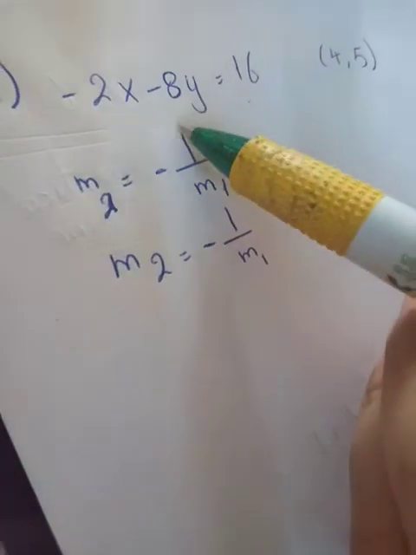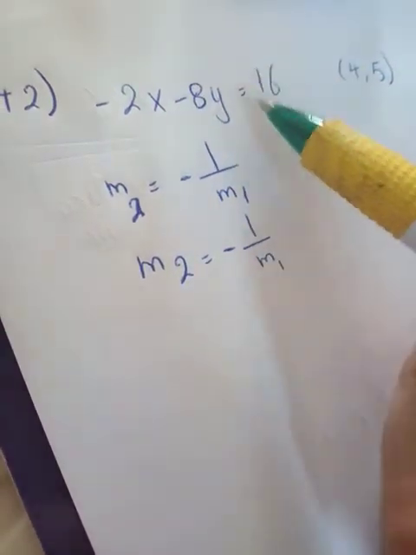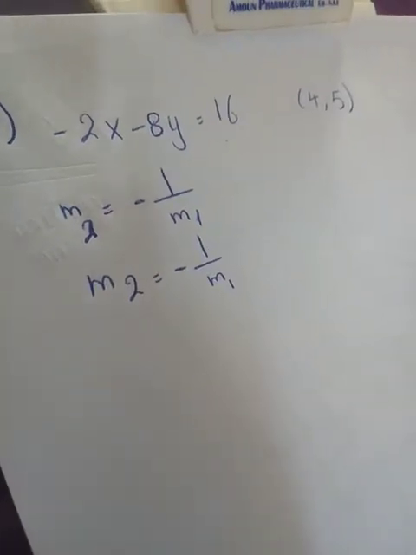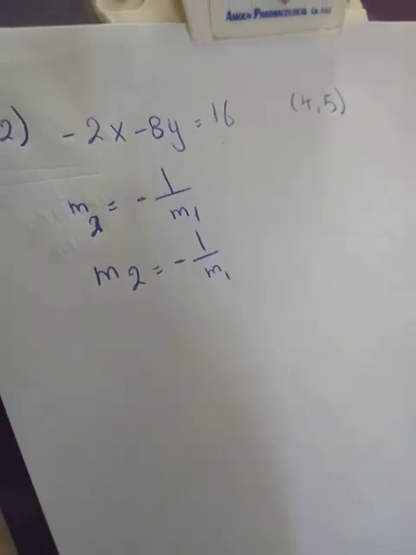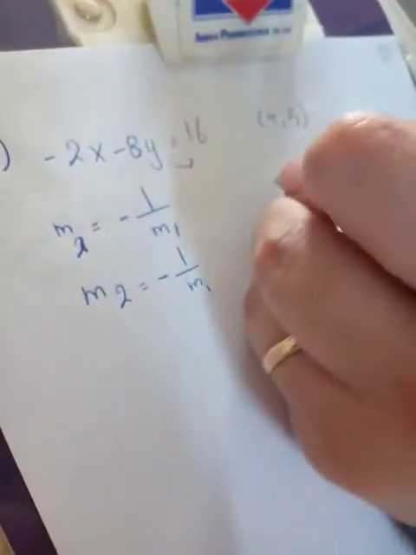Which form is this equation? This equation is in standard form, because the term of x and the term of y are on one side and the number is on another side. We can't get the slope this way. So you must write this equation in slope intercept form. How? We said y on one side. So it will be